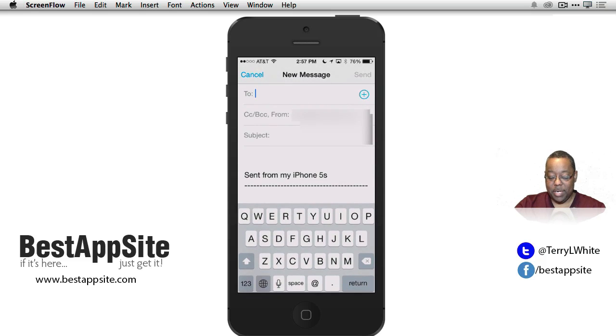Tip number 2, while we're in email, let's compose a new email, and this is more of a keyboard shortcut. So I'm going to go ahead and type a sentence. Thanks for watching. And of course, at the end of that sentence, I want a period, space, shift to type the next sentence, so it starts off with a capital. Instead of typing 2 or 3 keys, just simply double tap the space bar. When you double tap the space bar, that'll put the period in, space, and put the shift down